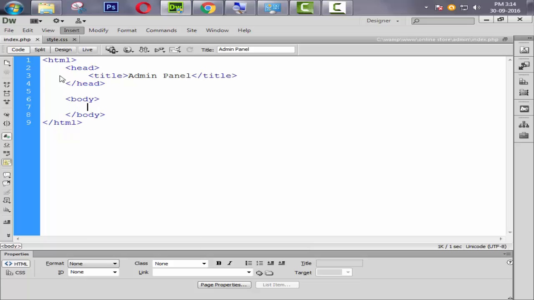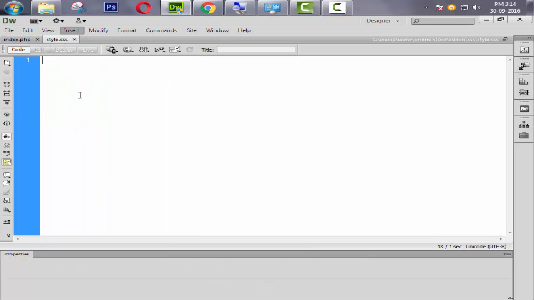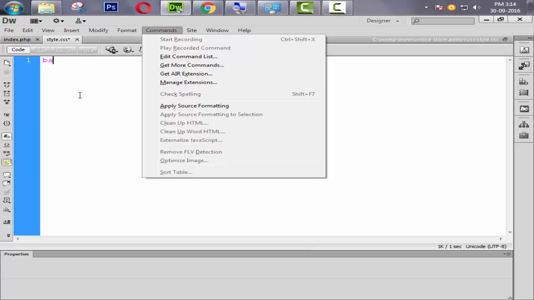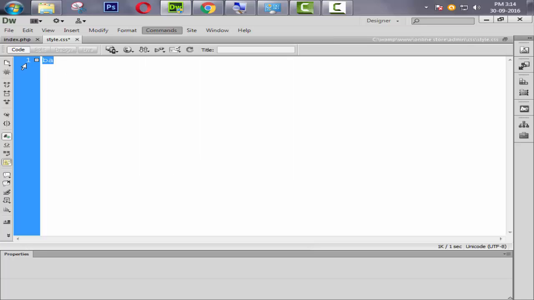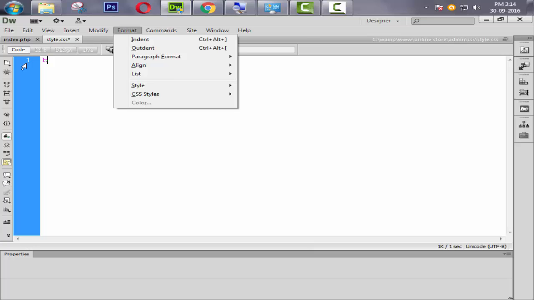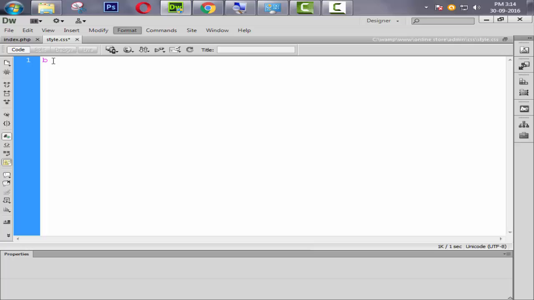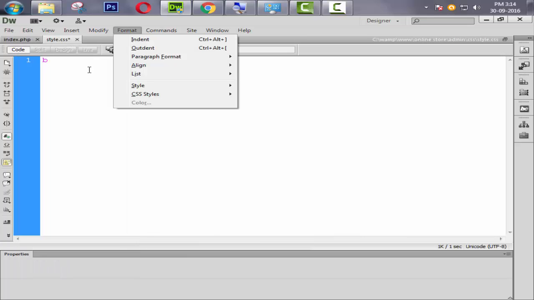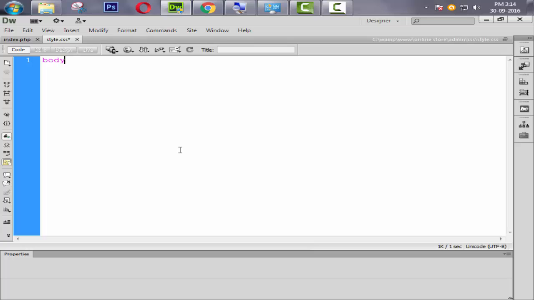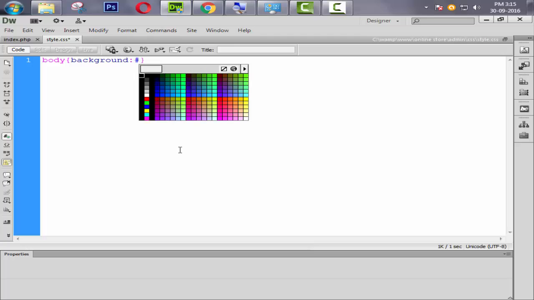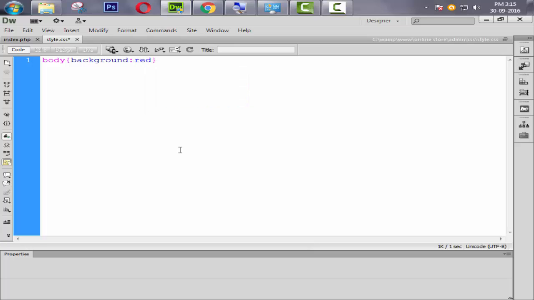Okay, so now first of all we need to check whether our style sheet is included in our index page or not. So write body and then we simply check our background as something like, okay, we simply write red, refresh and check.